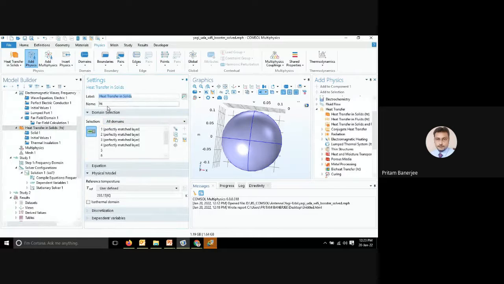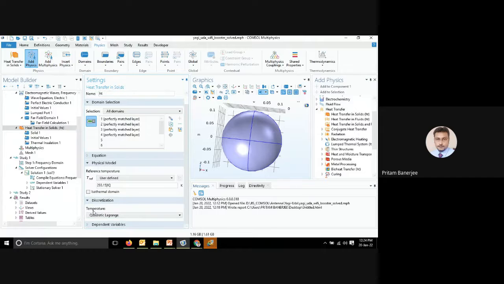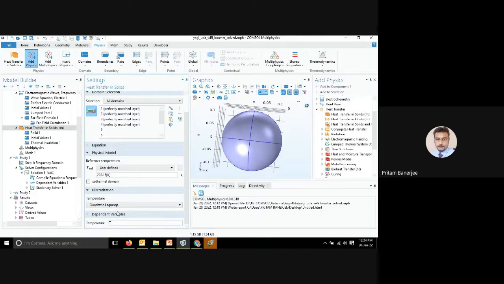in heat transfer in solid, what could be the reference temperature, what could be the discretization, what could be the dependent variables, whether it is temperature T defined as the variable, temperature has also been defined with 293.15 Kelvin,